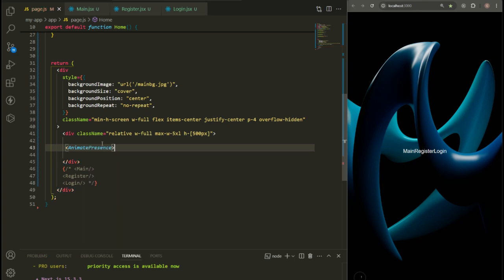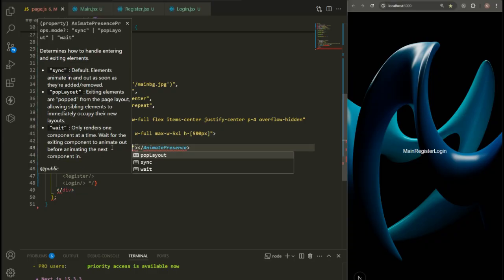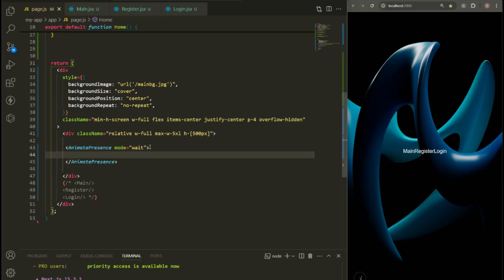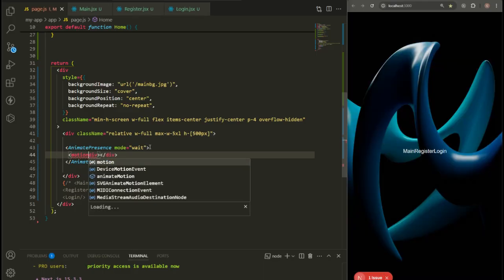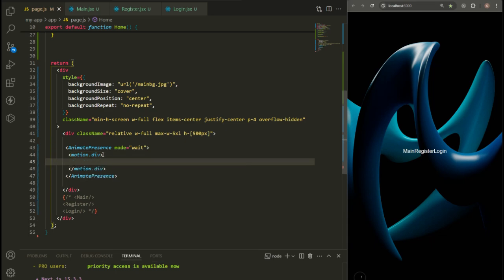and it's going to accept a prop of mode, wait. Okay, then we'll have a div, or I'm going to turn it to a motion div. Okay, I'm going to make it a motion div. Then